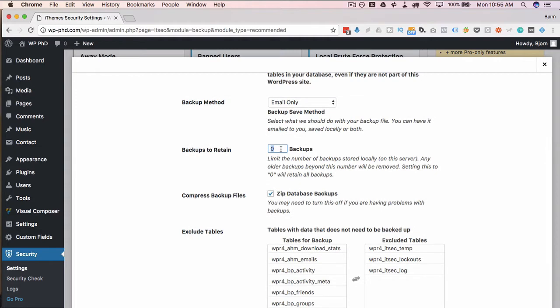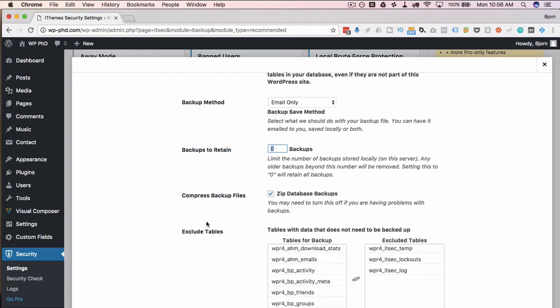But if you have a limited amount of server space and your database is fairly large, it can add up really quickly if you schedule backups very frequently. So I would not set this to 0. I'd set this to something, it depends on your backup schedule actually. So if you back up once a day, maybe have this set to 7. So you have 7 days of backups.